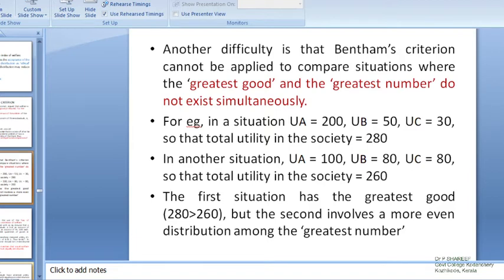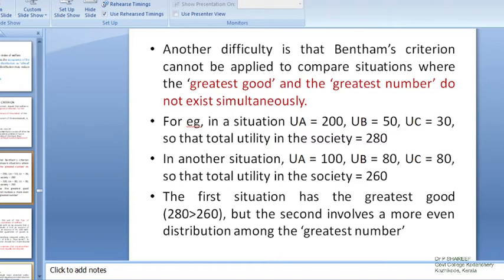This criterion also has certain limitations. Bentham's criterion cannot be applied to compare situations where greatest good and greatest number do not exist simultaneously. For example, in a particular situation, utility of A is equal to 200 utils, utility of B is equal to 50, utility of C is equal to 30, then total utility is the sum of 200 plus 50 plus 30